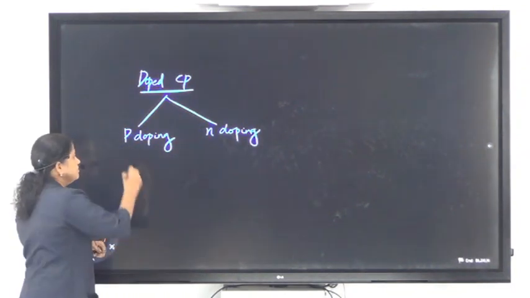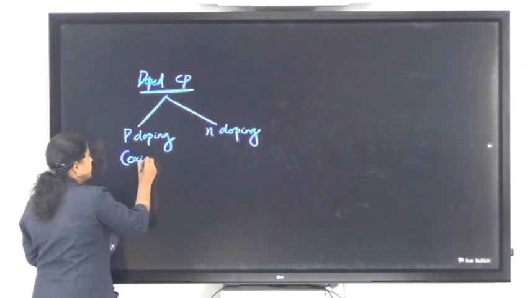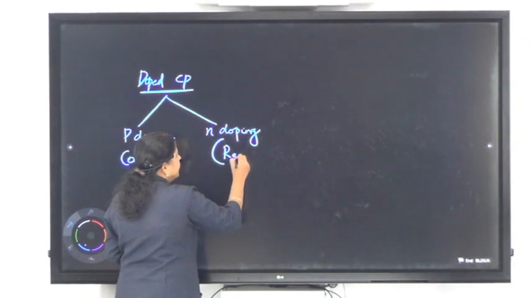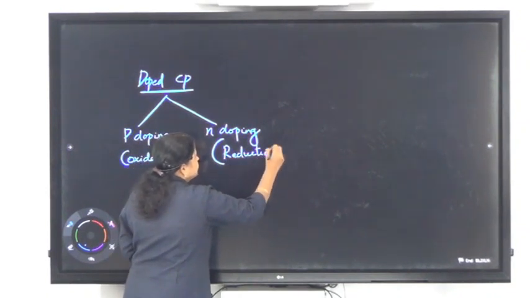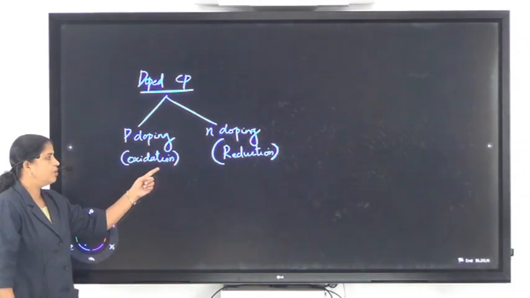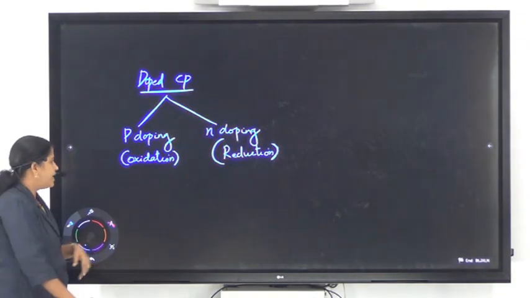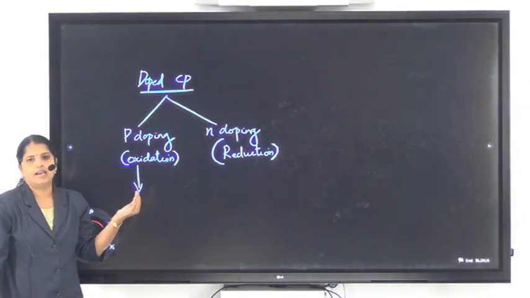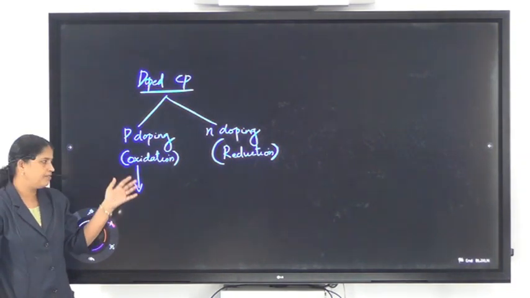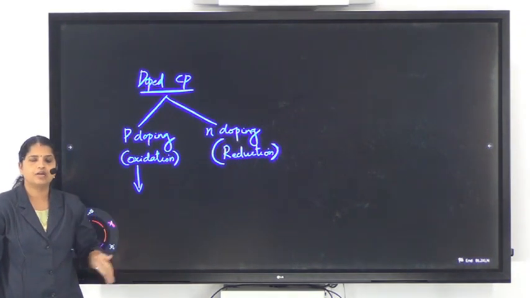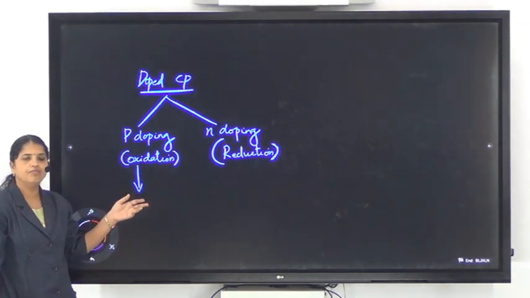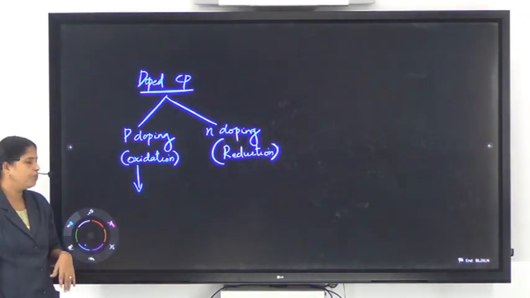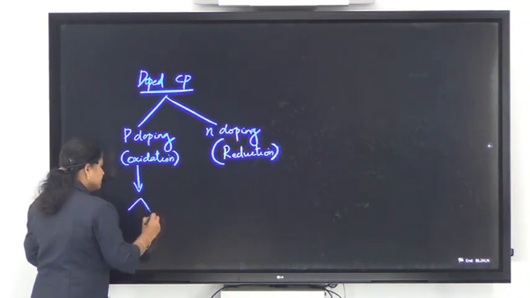In p doping, we carry out an oxidation reaction. In n doping, we carry out a reduction. So that is also known as oxidative doping or reductive doping. In p doping, some oxidizing agents like Lewis acids are added into the polymer system. Therefore, oxidation takes place and release of electrons takes place. That leads to the formation of positive charges or holes. We can represent that reaction by taking the example of polyacetylene. This is the polyacetylene structure.